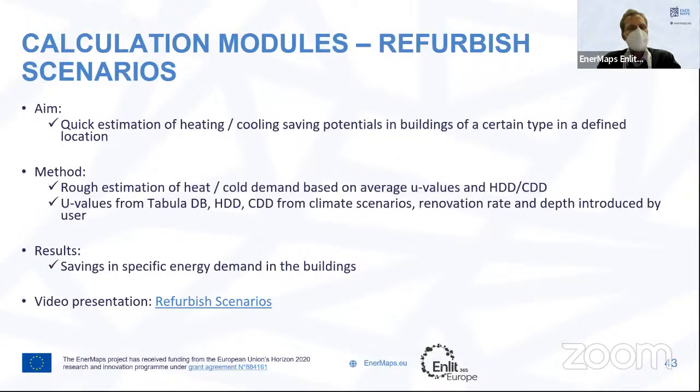We have another calculation module to quickly estimate heating and cooling saving potentials in buildings of a certain type, so buildings of a certain archetype in a defined location. So here it's actually the Tabula Data on different renovation options for different building types that is used together with the estimation of the change of heating degree days and cooling degree days.